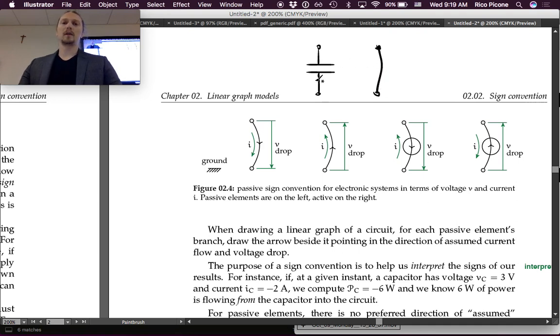And say we were assuming the current was going to flow in this direction, so we're going to assume current flows in that direction on the branch as well. So it's a typical situation. Now, if we were to